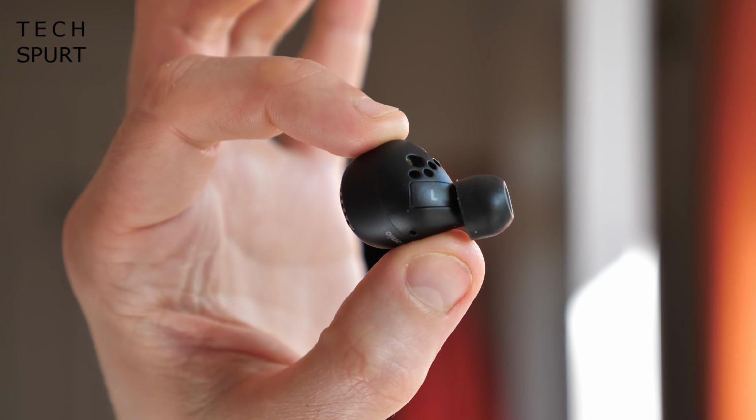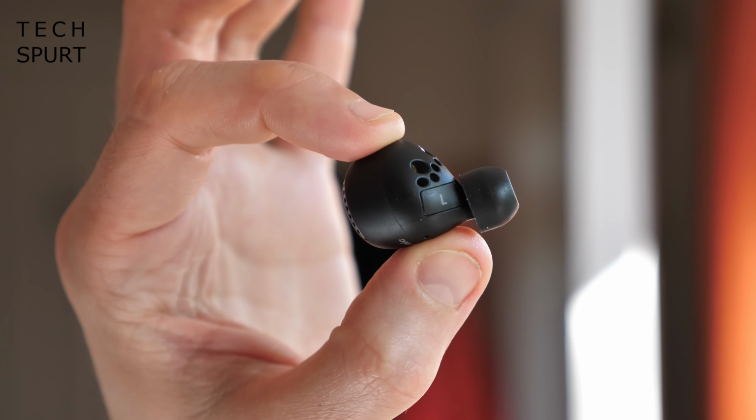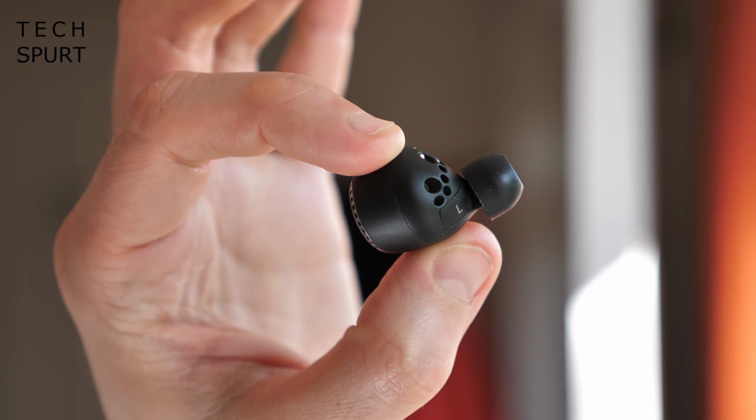Quite a lot of money for a pair of true wireless earbuds, but then they do pack some premium features like Active Noise Cancellation, and so when you factor that in, they are actually quite a bit cheaper than a lot of rivals that also have ANC, like those Sony WFs. So here's my full review of the Panasonic